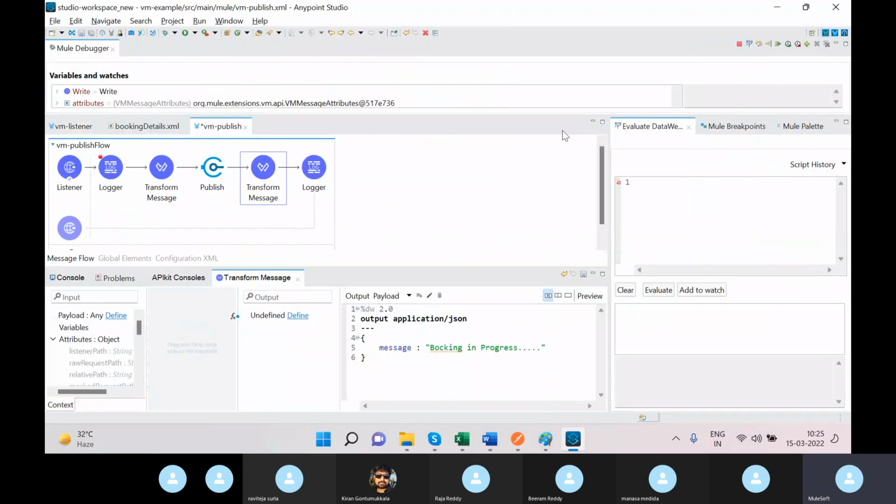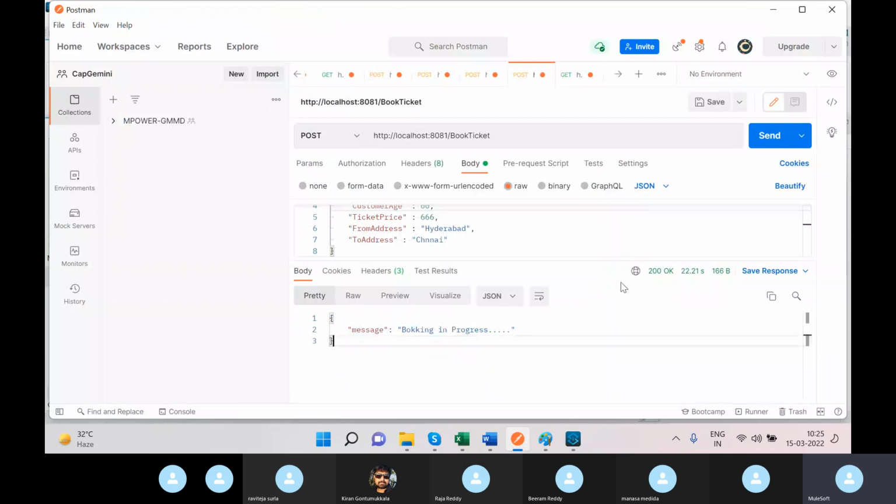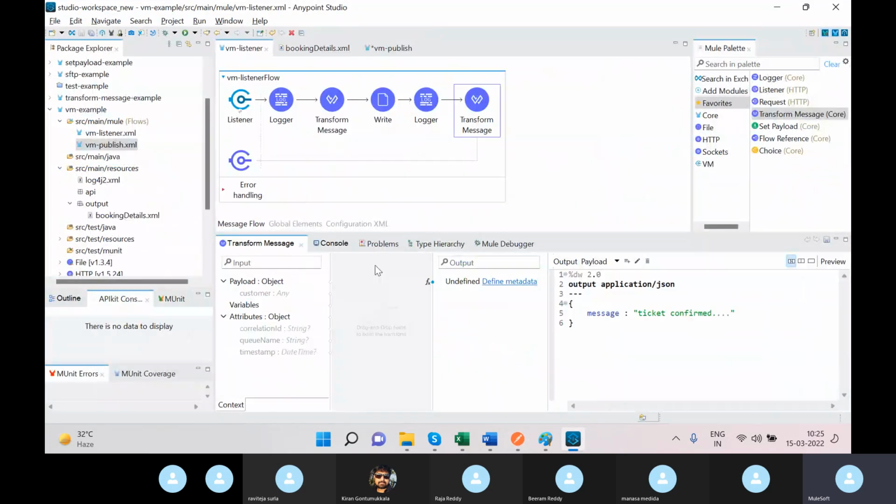I'm going to the debug mode again, F6. Here you can see it is still in progress. Now you can understand, right? The only thing is, synchronous and asynchronous means if you want a response immediately, but internally you want to process